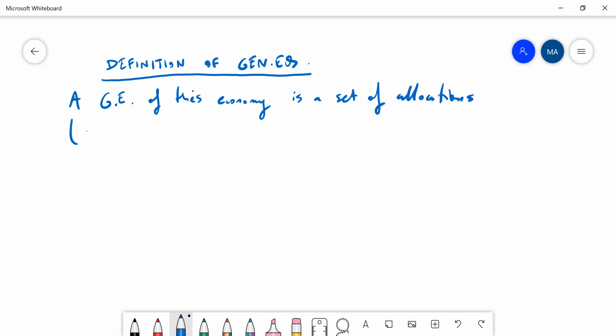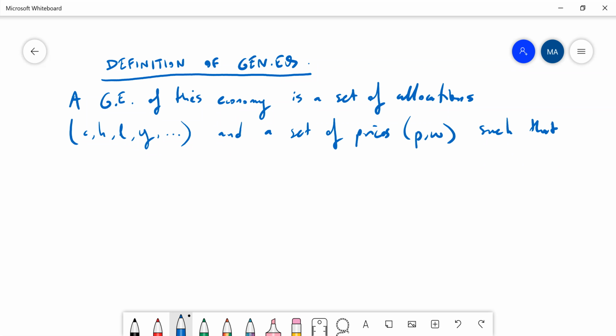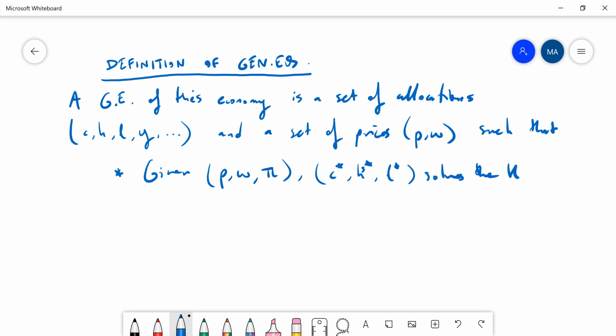So what is this set of allocations? Consumption, labor, leisure, output, etc. And a set of prices, P and W, such that one, given P, W, and pi, C star, HS star, L star solves the household problem,